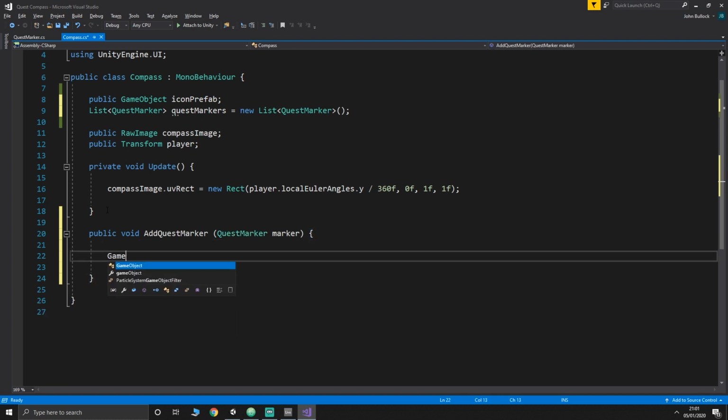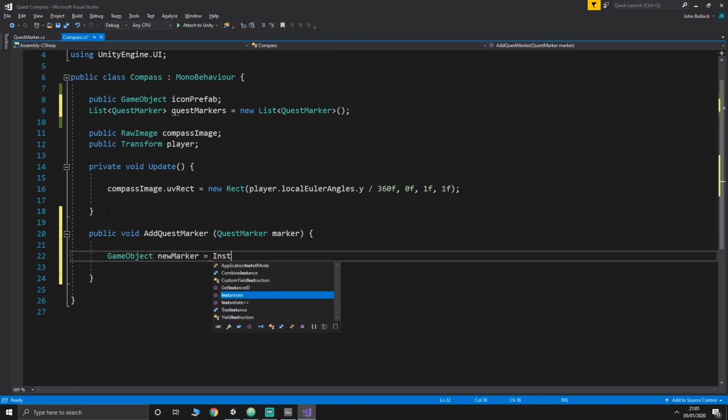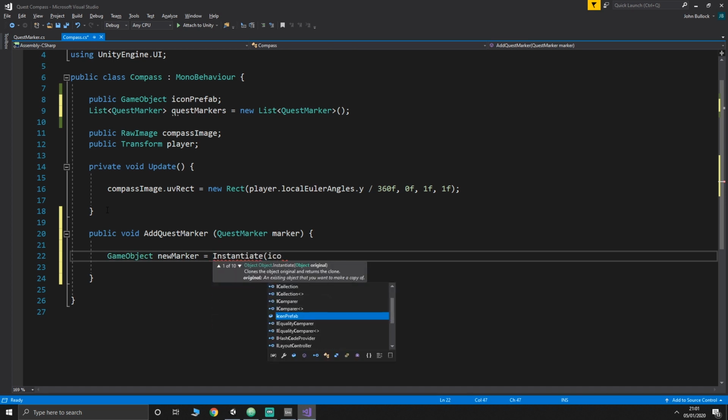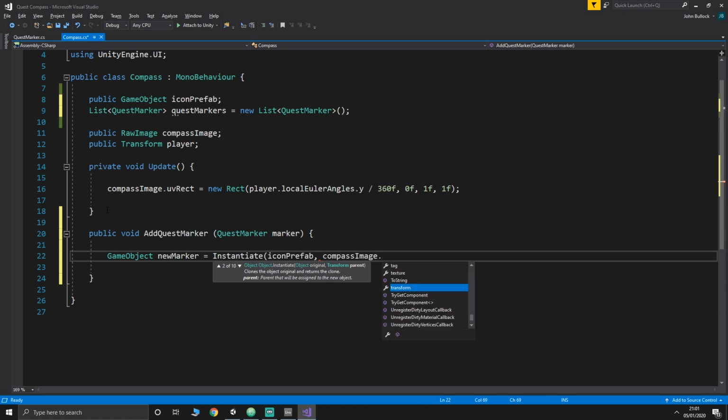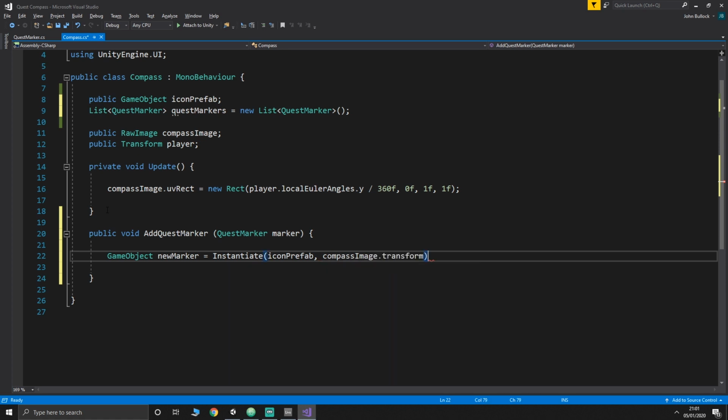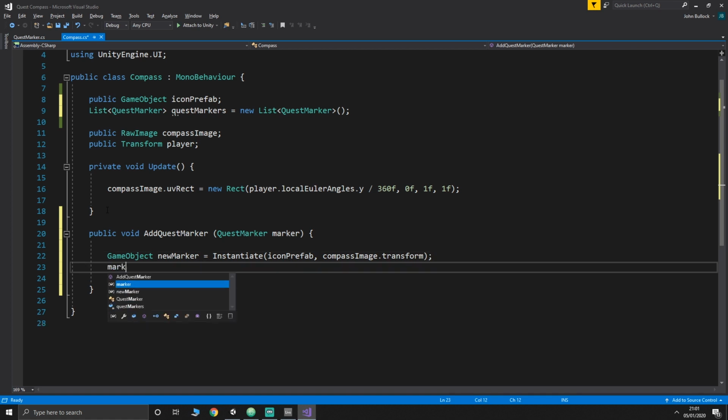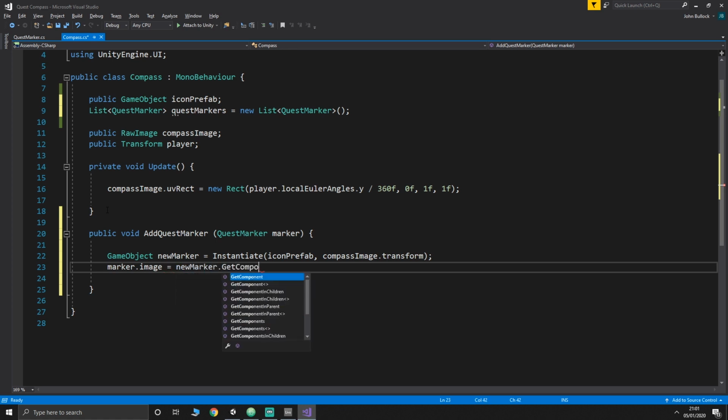And the first thing we do is say game object new marker equals instantiate, and we're going to use the icon prefab. And by only giving it one more value of a transform, we automatically assign its parent. So we're going to say compass image dot transform. So that means that it will automatically be a child object of the compass image. And then we're going to say marker dot image. So remember I said we were going to set this in code. Well, here we are in the code and we're about to set it. New marker dot get component